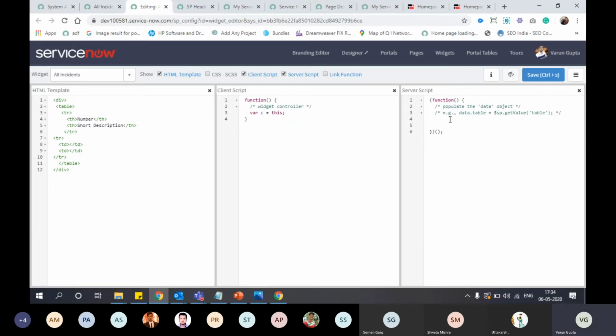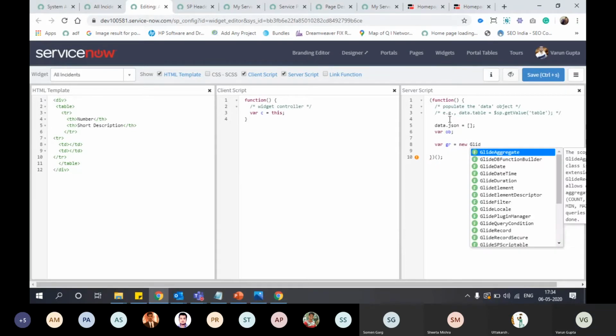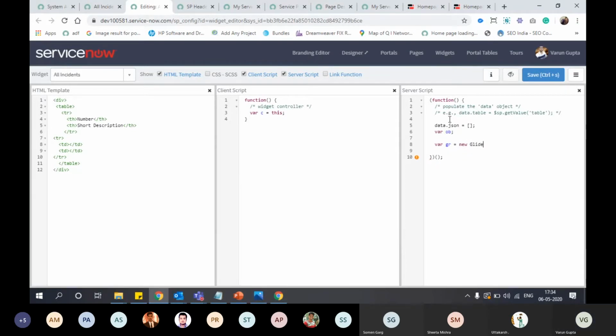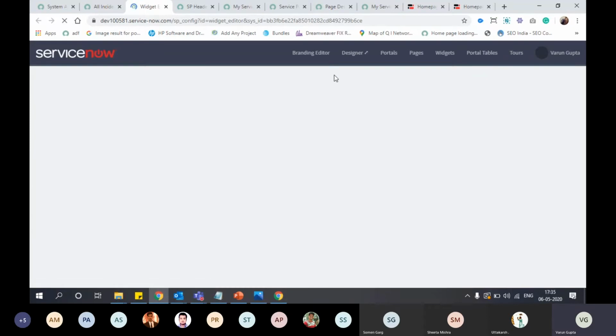Perfect. Now we will fetch data from the server script. So we can have... it's loaded.